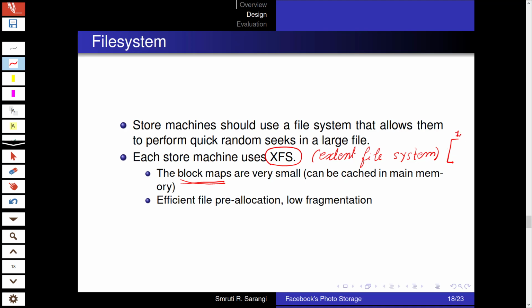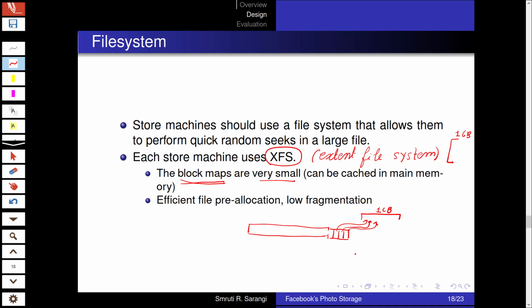So what we do is maybe we allocate a 1 GB chunk, and then we create a small block map for it, which again can be cached in main memory. So this means that if we have all the indexes over here, and then we, let's say, run out of space on the data file, we give it a new extent, let's say a 1 GB extent. We create a small block map for it, which again extends the index, and this small block map stores pointers to all the needles in the newly allocated storage. So this also allows us efficient pre-allocation of files if we are aware of their sizes before the data comes.